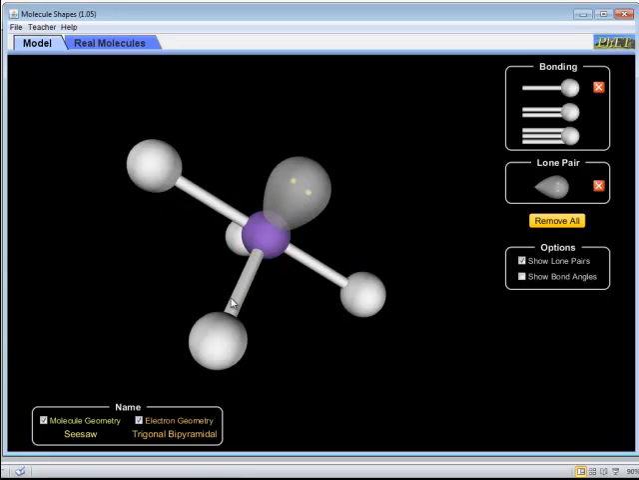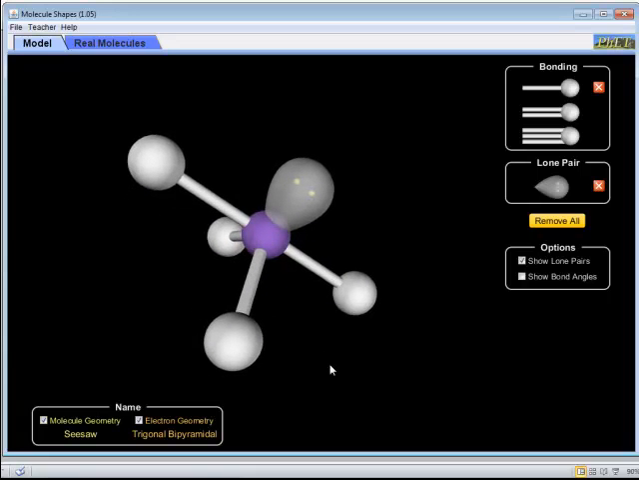a sawhorse. It's like a sawhorse, a horse. So the electron geometry is called trigonal bipyramid, because that also has 5 electron groups. However, because of this lone pair, the molecular geometry is also called a seesaw, or sometimes people call it